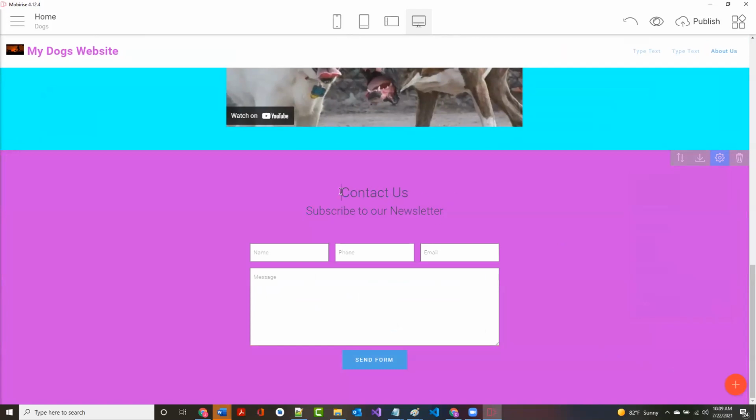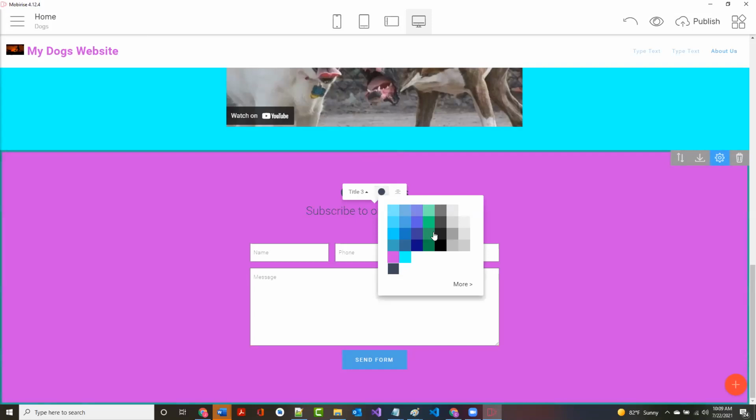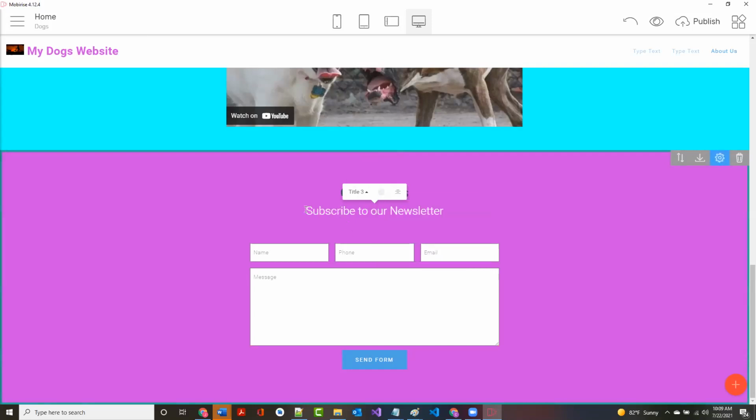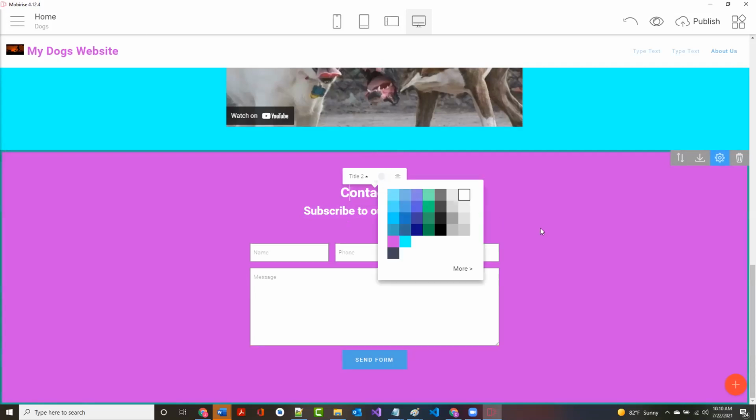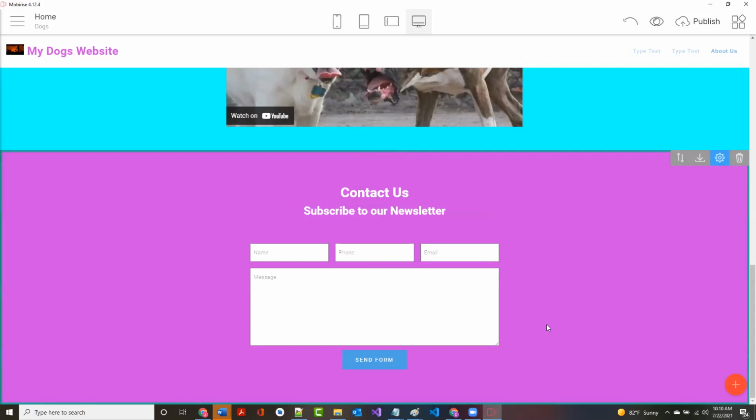I don't like the way this looks, so I'm going to make it bold, and then I'm going to make it, come on, I'm going to make it white. Okay, well, I guess it did it here. So I'm going to highlight all this, and I'm going to make it bold. All right, then I'm going to highlight all of this, and I'm going to make it white. So I've done very little work so far to do this. All right, and I've got a form.